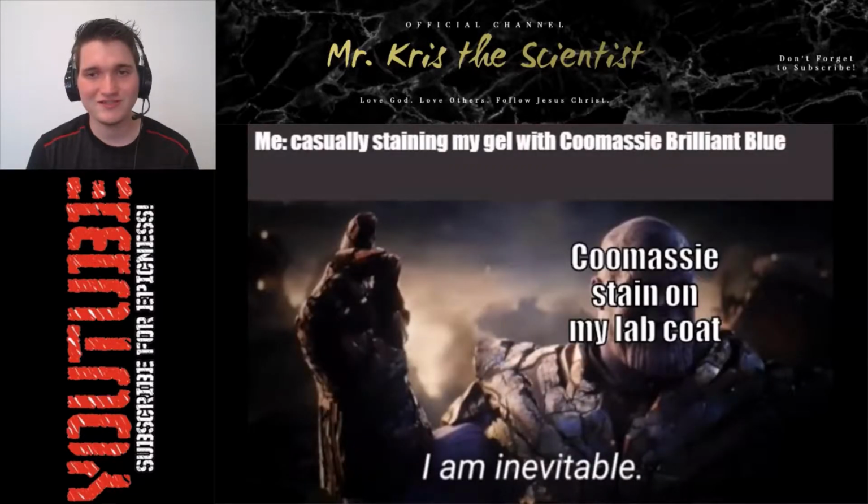Me, casually staining my gel with Coomassie Brilliant Blue. Coomassie stain on my lab coat. I am inevitable. Okay, so I can see how this could happen, but honestly, I've used Coomassie stain a lot in biochemistry and other classes that I've had so far, and I haven't stained any of my clothes or anything like that yet. I'm sure if I continue to use that stain, or any kind of stain actually, eventually